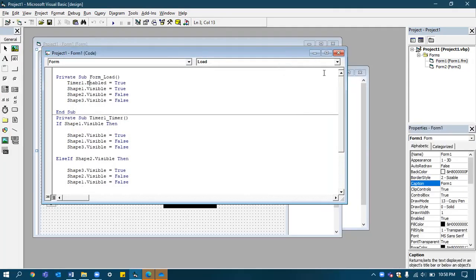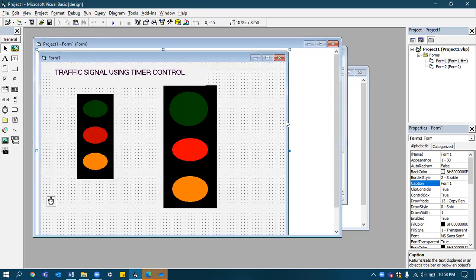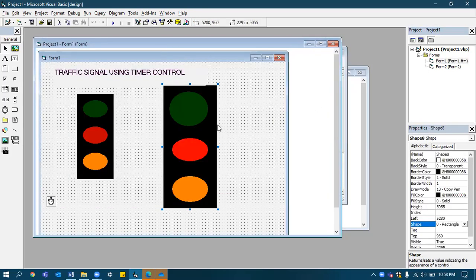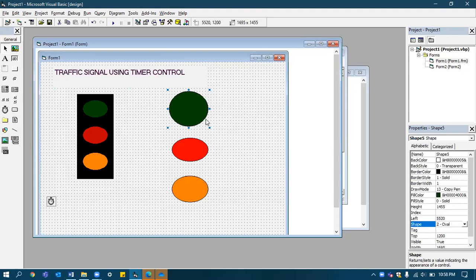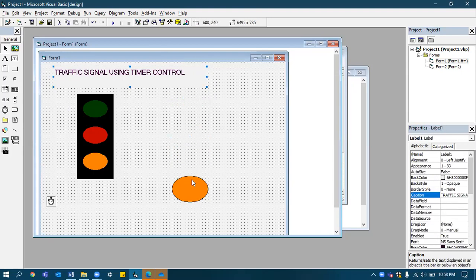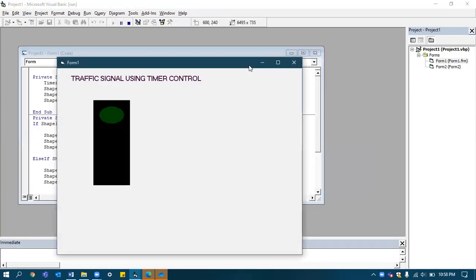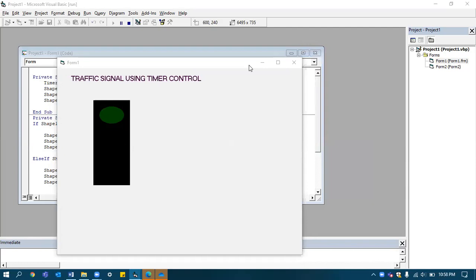I will remove the form which I prepared earlier and place the new one now, because it will be the traffic signal. Run the form.